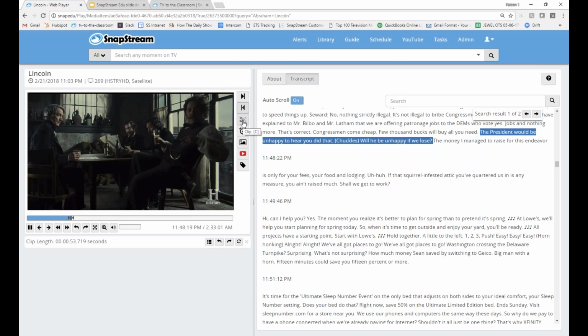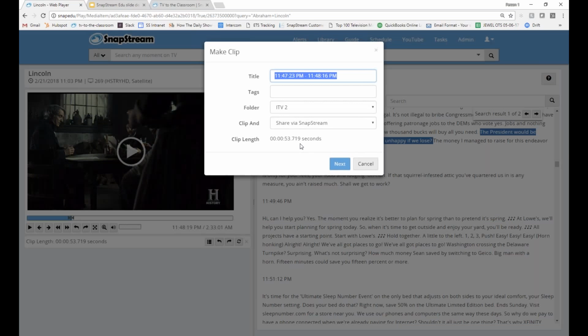So I've created a start and end point, and I've extracted out a 53-second clip, and I can tag it. Put it into a particular file folder that I want to.